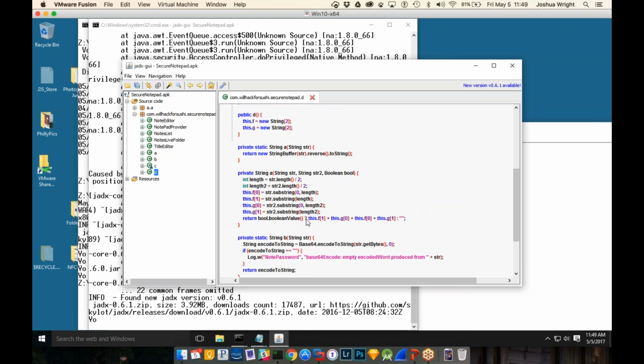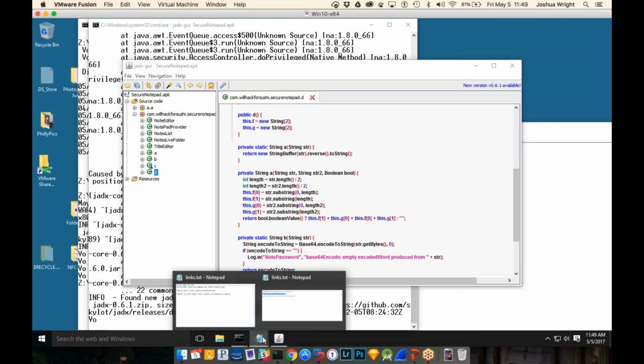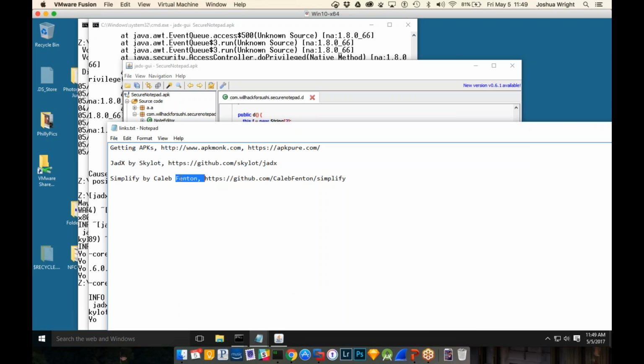But there's another tool I want to talk to you about called Simplify. Now, Simplify is a tool written by Caleb Fenton, which is wonderful. It's an open source tool, and it includes a lot of really great functionality. What Simplify does is it takes an Android application and actually executes small portions of the code, not looking to de-obfuscate by manually static reverse engineering, but by